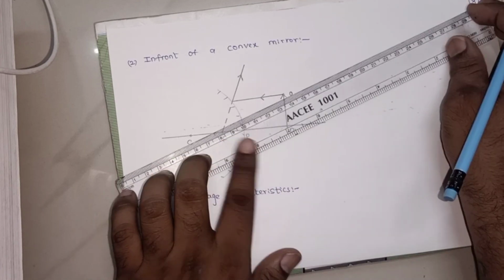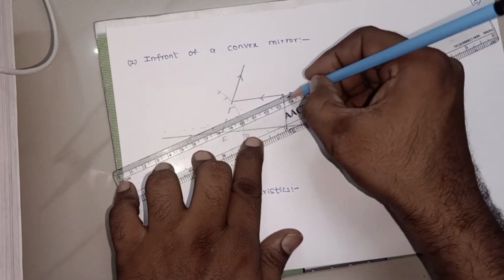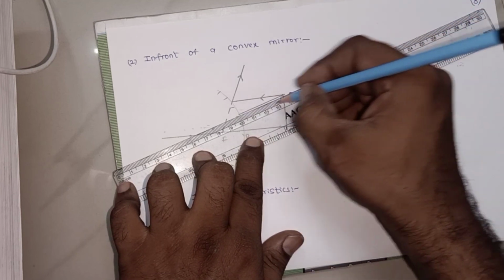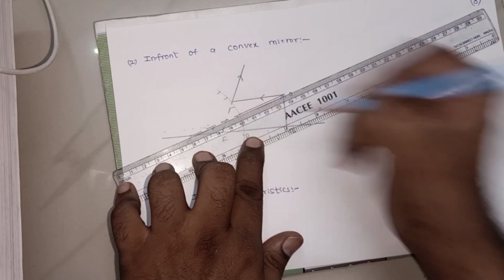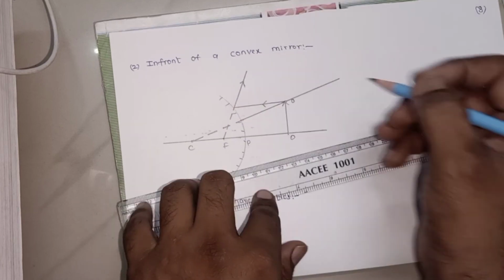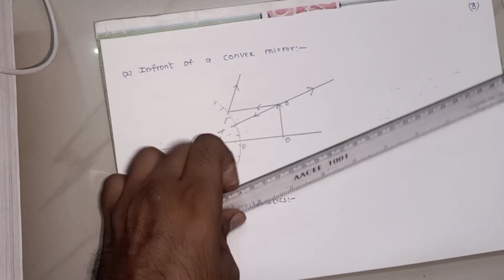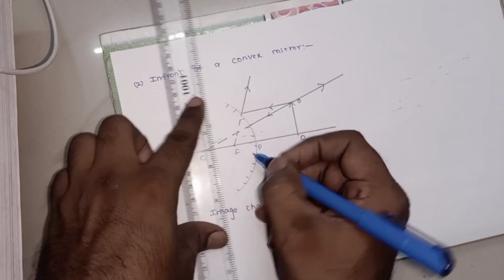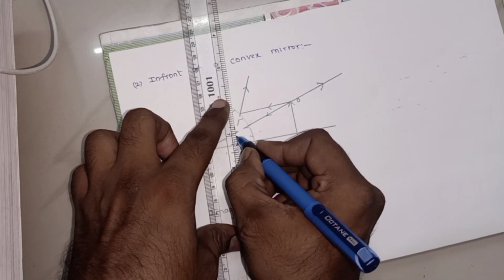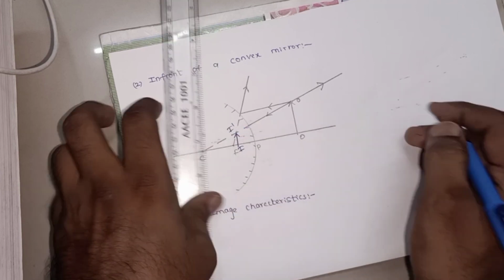In the second thing, I will take the ray which is passing through the center of curvature. This is my incident ray which is passing, no, sorry, passing in the direction of the center of curvature. After reflection, it will retrace its actual path. Now, indirectly, these 2 dotted rays are the control rays. So the intersection of the control rays will give the image. So I dash is the image.